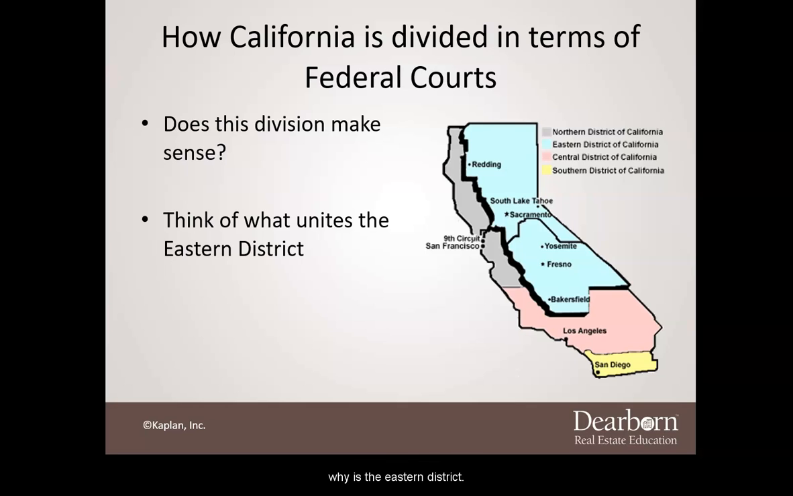I mean, why is the Eastern District the Eastern District? Does it make sense? And here, I want you to think about what these various divisions, we have 4 divisions, what do they share? What do they share in terms of terrain, geography, weather? What is distinct between the Central District and the Northern District, and what is different between the Northern District and